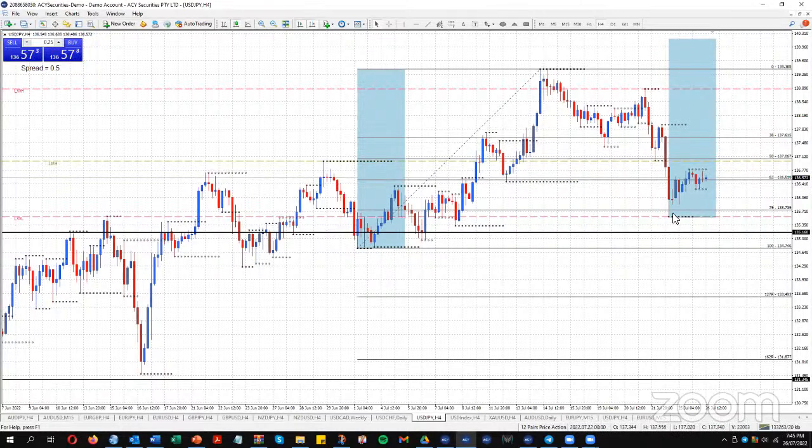This could just be the dip area to put in another range up like we did here. So that's what I'm watching, looking for on the dollar yen. And once the news comes out, I'll have to see whether or not it offers a good opportunity to get in to trade up, if that's the way things run.